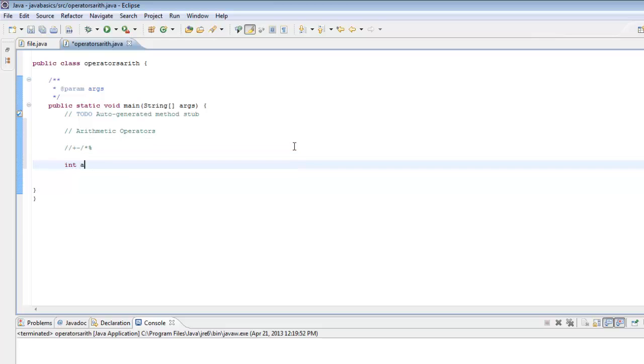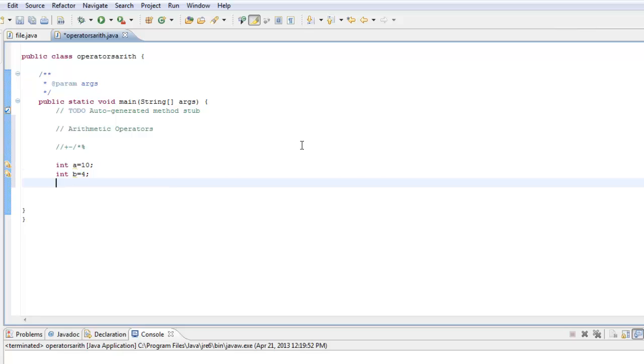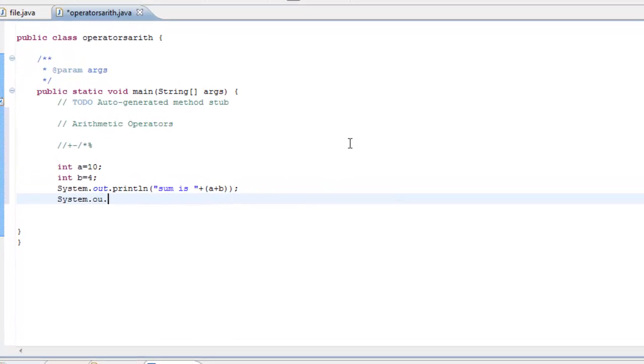So in case I have a variable, say a is equal to 10 and b is equal to 5, I can say, and then we can see what is the result of various operators. I can say sum is a plus b. So this is the additive operator, and then we can say difference is a minus b,